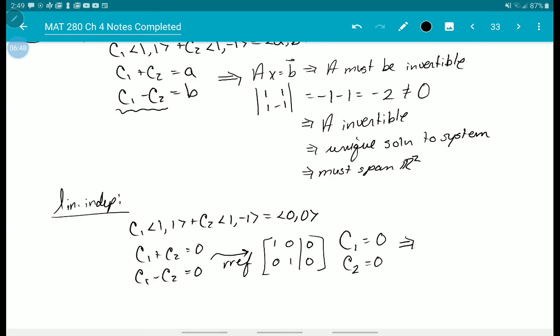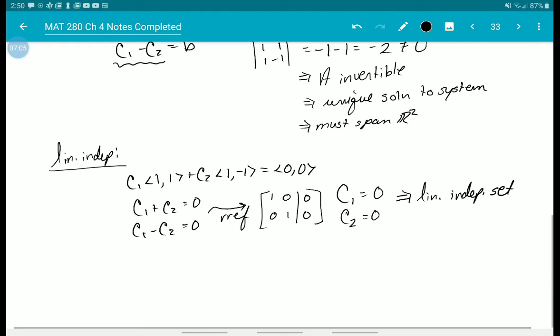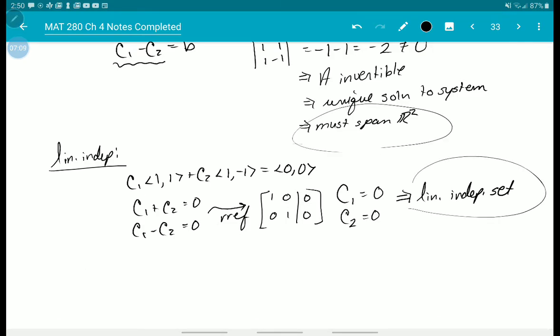Since the only solution is the trivial solution, this must be a linearly independent set. That means neither vector is a scalar multiple of the other vector. Because we span and are independent, therefore S forms a basis